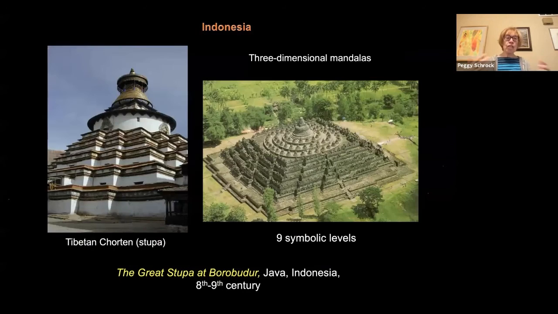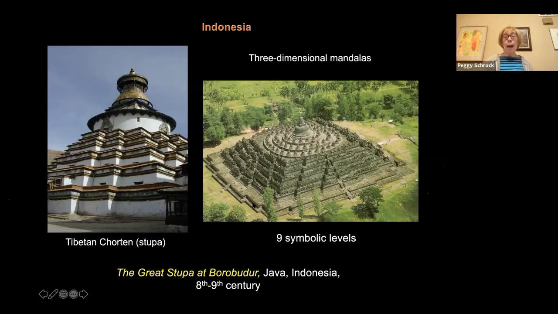Now, that connection to Tibetan symbolism is really absolutely there. When we looked at the Chorten, the stupa in Tibet, and talked about the symbolism, there were 9 levels there. We talked about the geometric versus the curvilinear forms, and how it's really a 3-dimensional mandala. All of these things are true here. It is equally true, as we'll see in just a moment, that it's also a reflection of the Trikaya, or